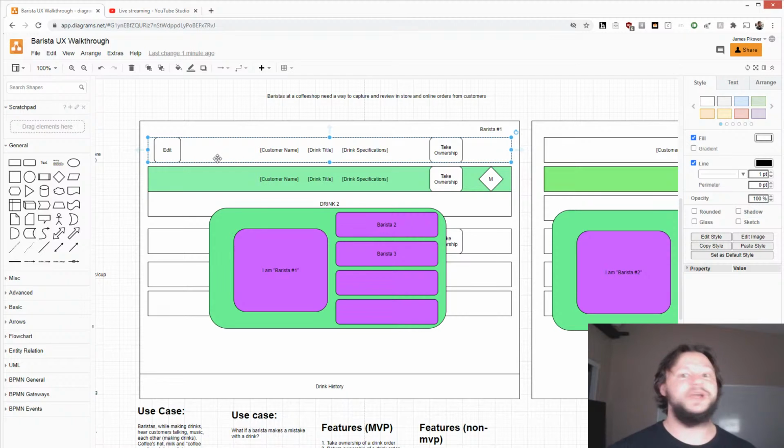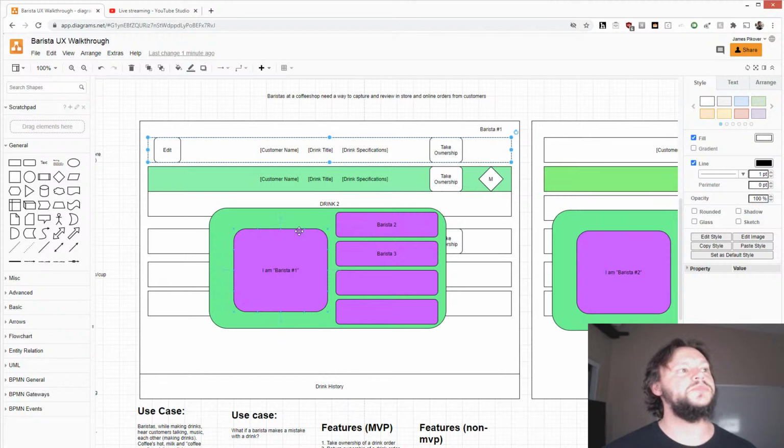baristas handle drink orders by taking ownership of each order that they take, meaning they will take an order that's been placed by a customer, they will push the take ownership button, then they will go ahead and make the drink. As a separate potential MVP feature, they can also switch workstations and complete ownership, meaning take ownership of that drink at a different workstation without having to log in and log out, by a simple button, as you can